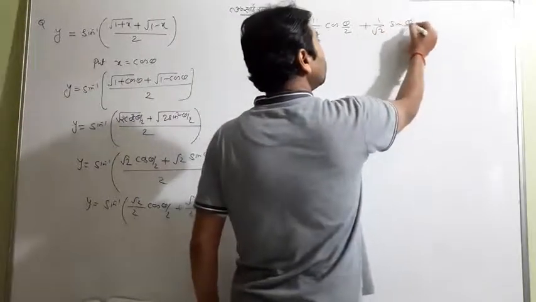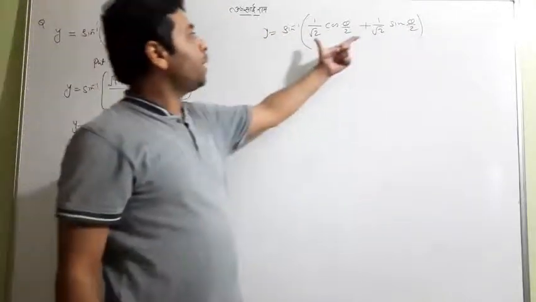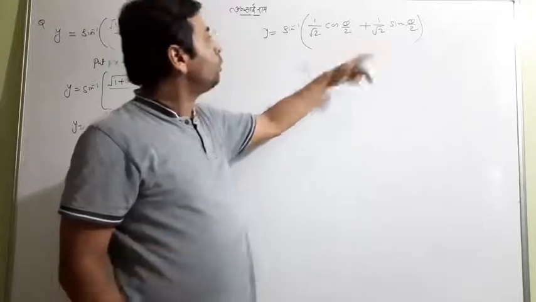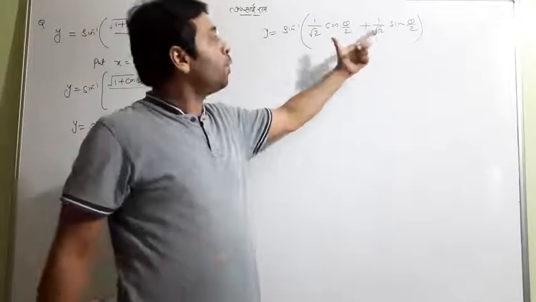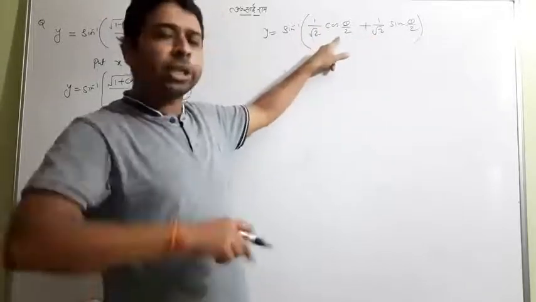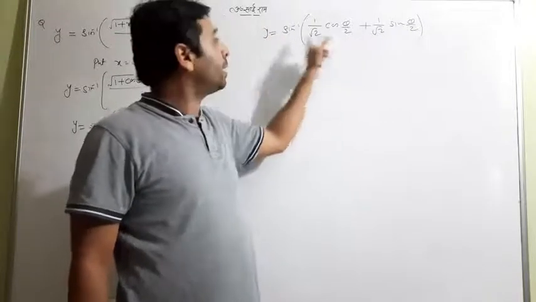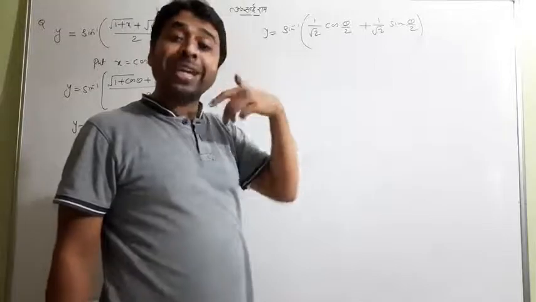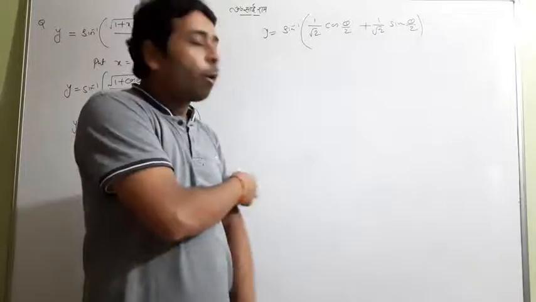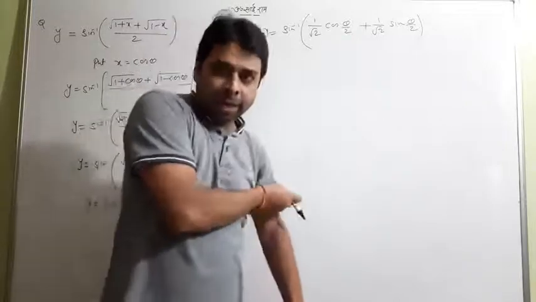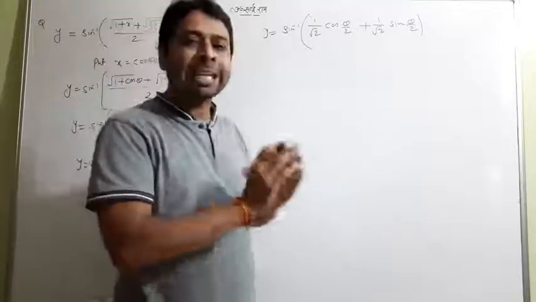So one must know what is the main purpose of this kind of substitution: so that we can create a term which can cancel with this. Sine inverse is very near to either sine or cos. If you have cos here, you can change it to cos and sine will cancel; if sine is coming directly, sine and sine will cancel. So the main purpose is just to create either sine or cos. A student normally has an obstacle after this and thinks about what we should do next. Well, let me clear it out.